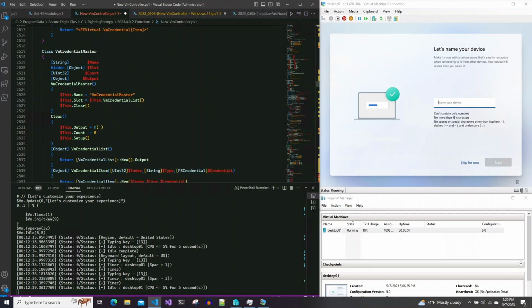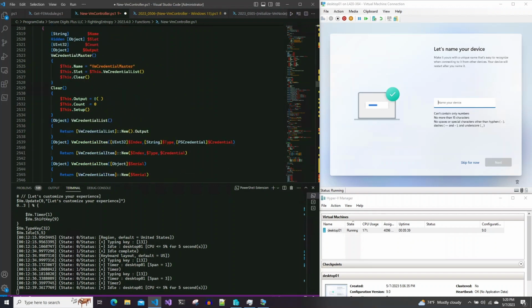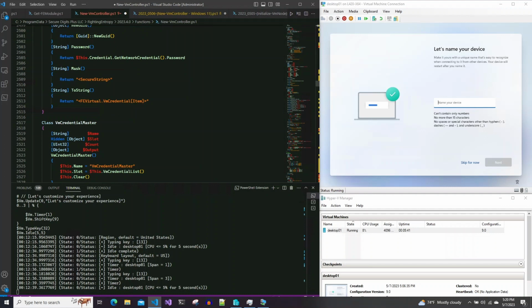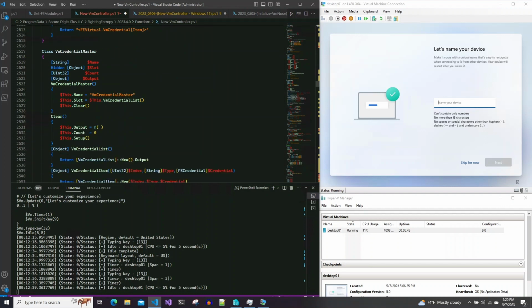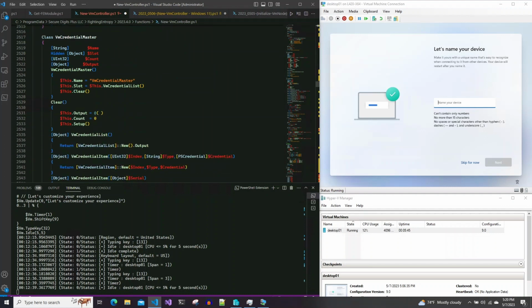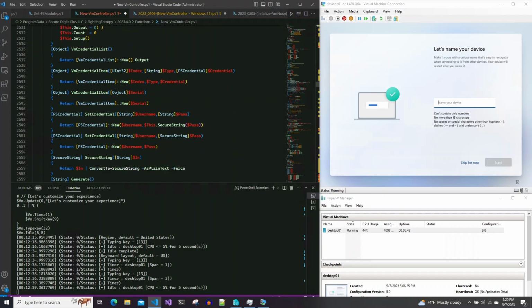VM credential master. This takes all of the credential objects, the credential classes, and then creates a controller for it. And make a template for the list, the standard list, and to create a new credential object, a credential item, you use the GUI to be able to do that, and then what I can also do is deserialize the stuff that's in